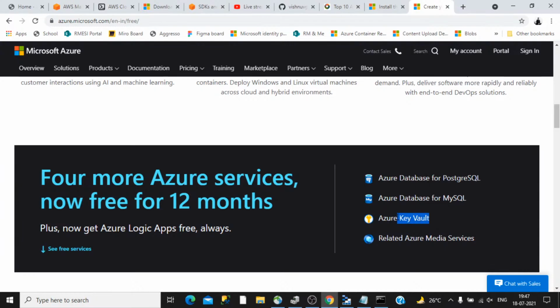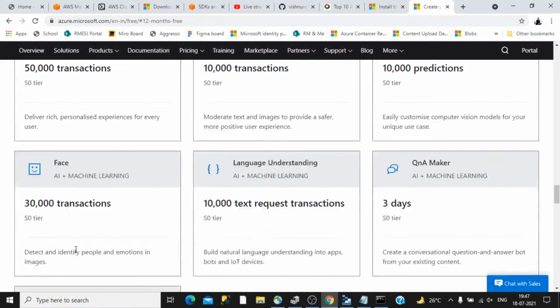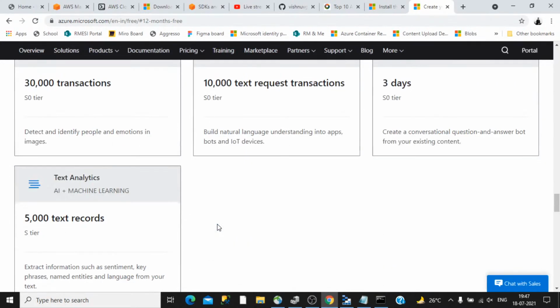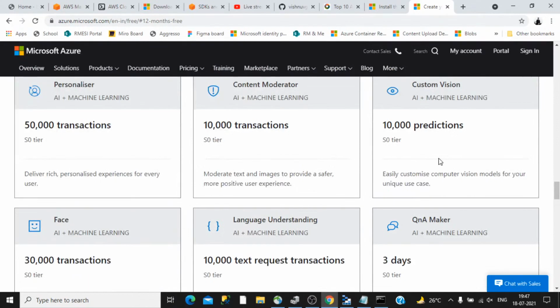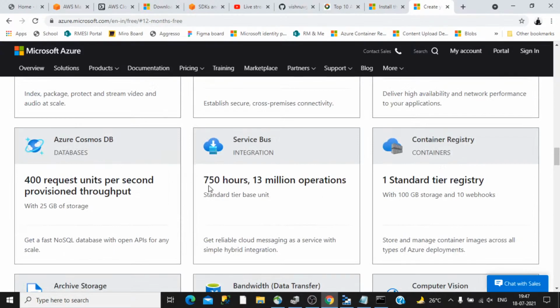So these are some of the highlighted services that are provided free. That is Azure Key Vault. This is used for storing the credentials, the certificates and the keys securely in a provision instead of hard coding that in our application. Similarly, the Azure database for MySQL as well as PostgreSQL. Lot of services are out there. So if you want to see the free services, you can scroll down. We won't be able to cover all the different services in this session because of the time limit. But if you go through certain of the services, you can easily understand what it offers.